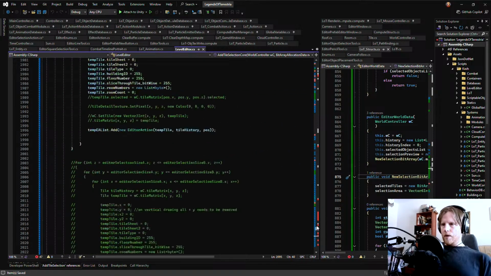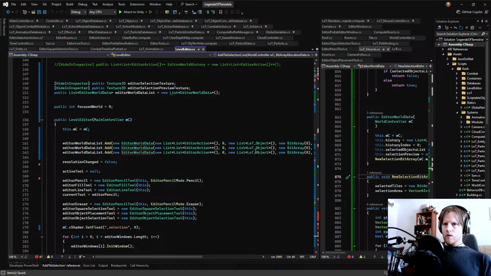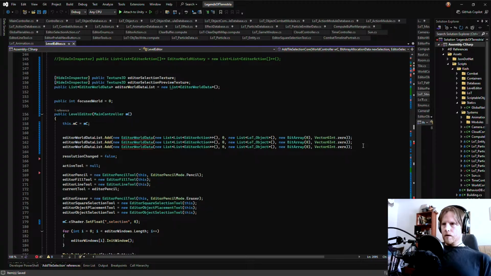Then the level editor now has some errors. Because here we're setting world data. And all we need is to feed in the world.